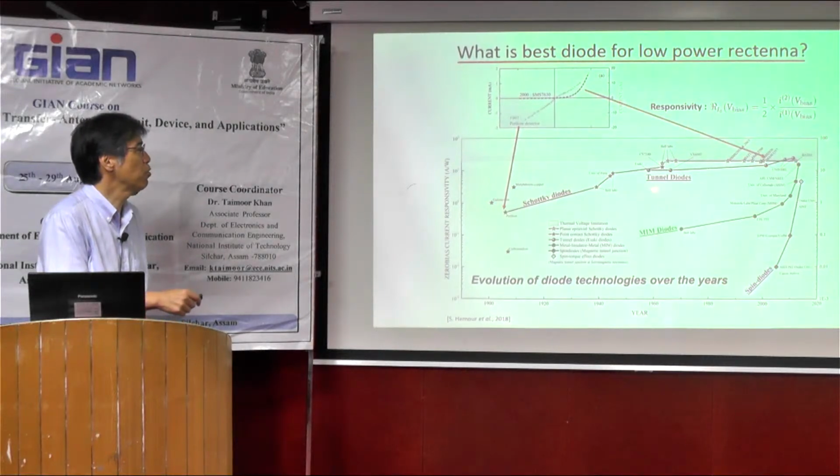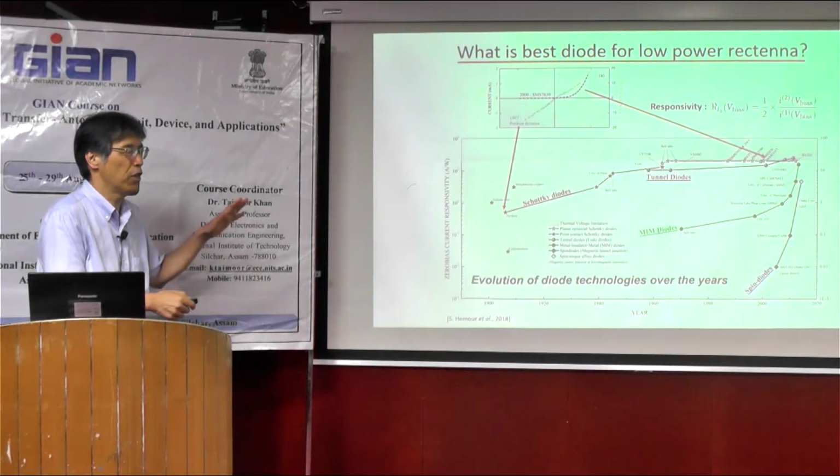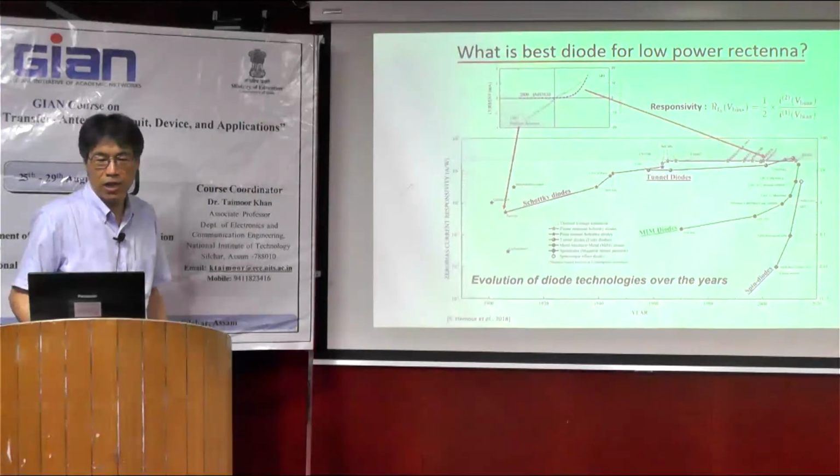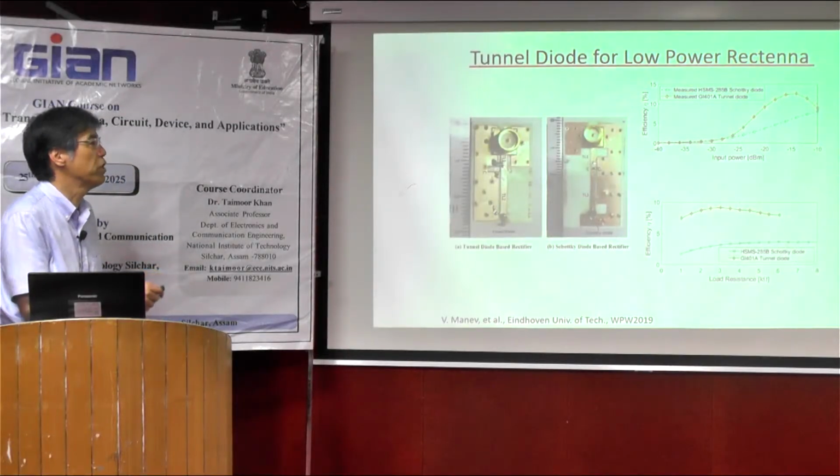So maybe some of you know the tunnel diode. The other name is Esaki diode. Esaki is a Japanese Nobel Prize winner, and this diode has a negative resistance depending on the voltage. So this is one example of a rectifier with a tunnel diode. So, for example,